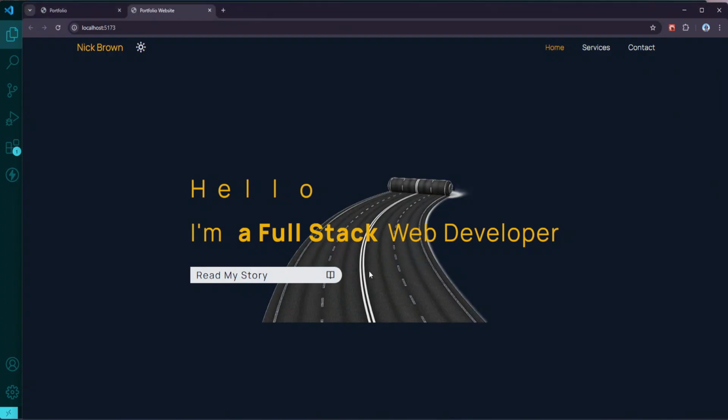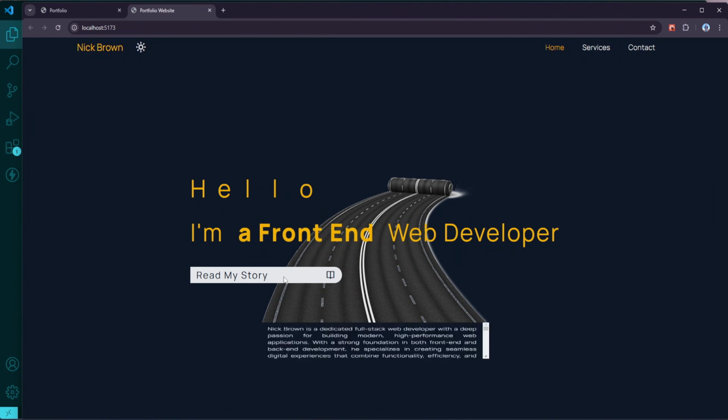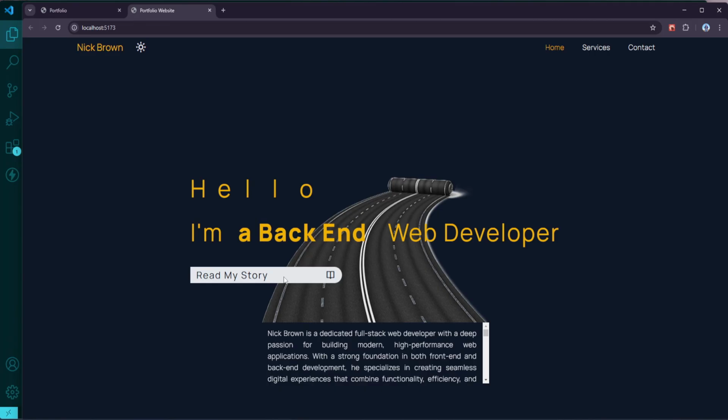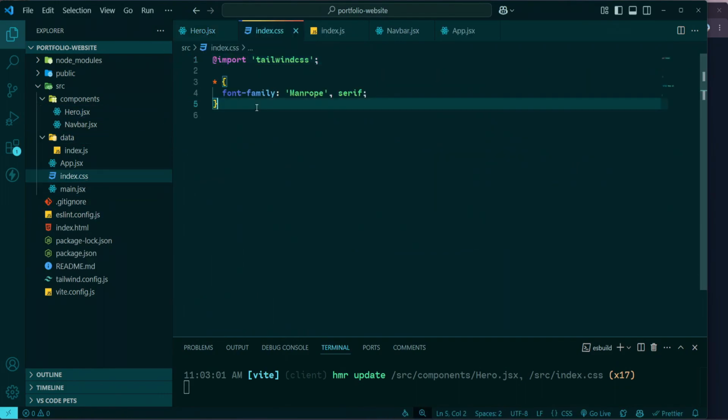Now if we go to the browser and click the button, you see that the text expands in a natural downward motion, making the animation feel much more polished. However, the default scroll bar is ugly and doesn't match the design, so I'm going to replace it with a custom one. To customize the scroll bar, I'm going to open the index.css file,